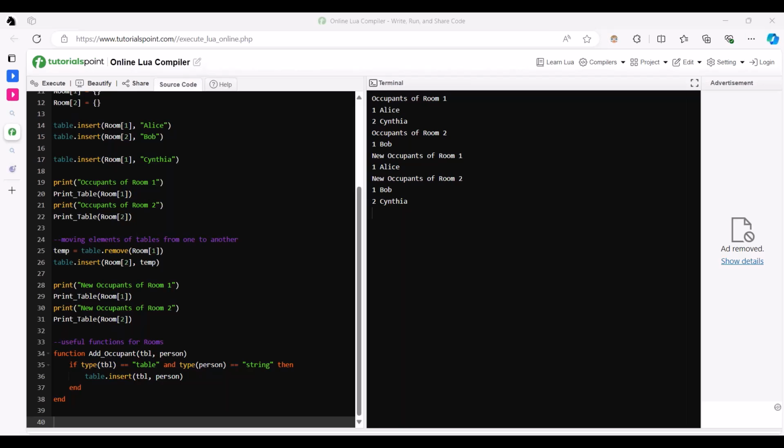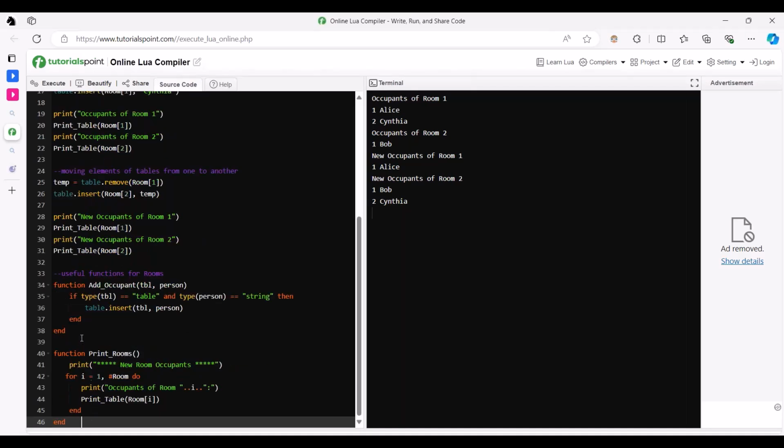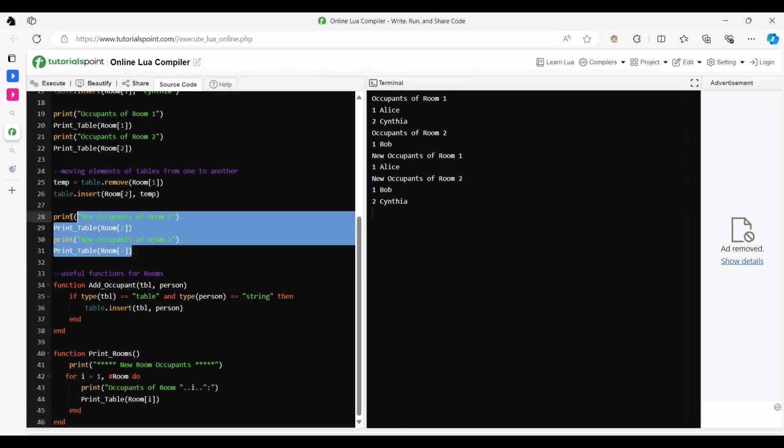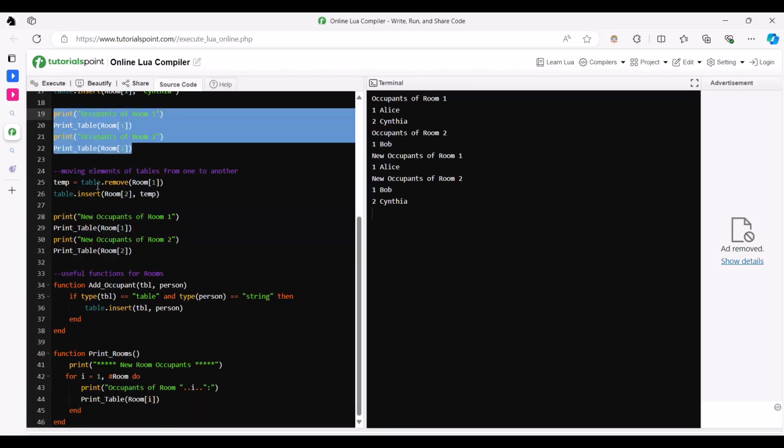So if you had not done that and it had the wrong type, what would have happened? We could experiment, and I'll show you that real quick. Before we do that, this is the print room function. So this is just another way of doing this operation and this operation in one encapsulated line. So let's do